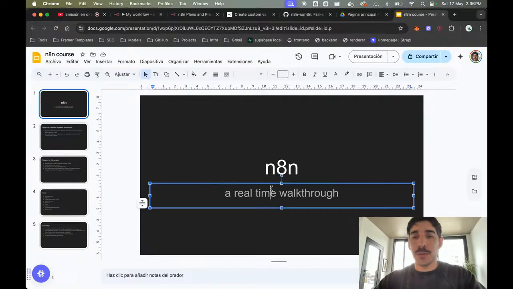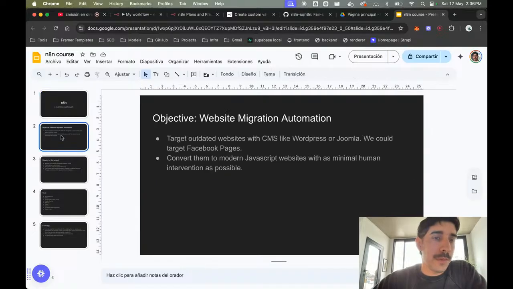Yeah, this is an idea that I had a couple of days ago, a real-time walkthrough, even though I don't know the software very well yet. So the idea would be to build a website migration automation to target outdated websites with a CMS like WordPress or Joomla. And we could even target Facebook pages.